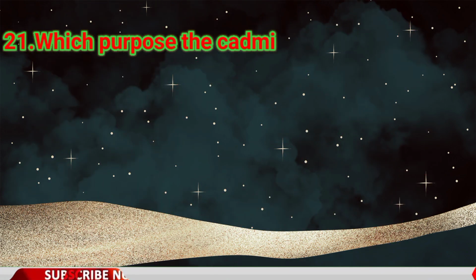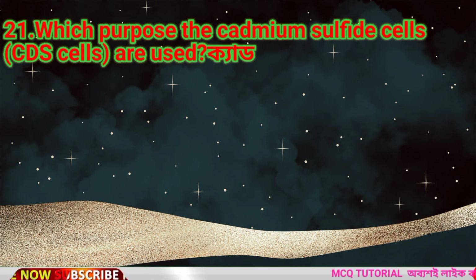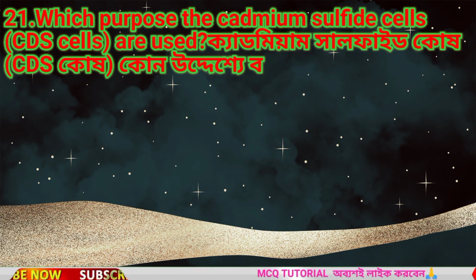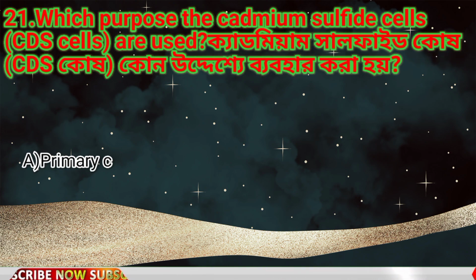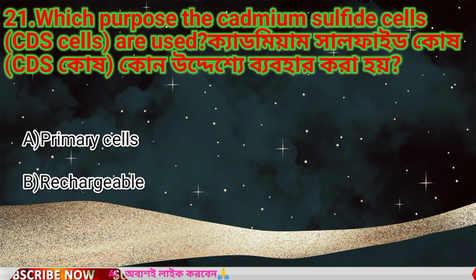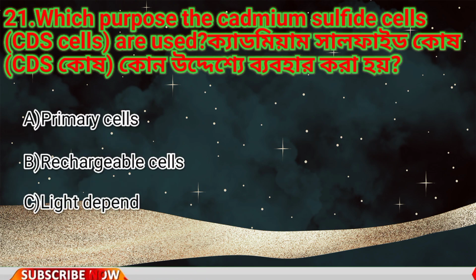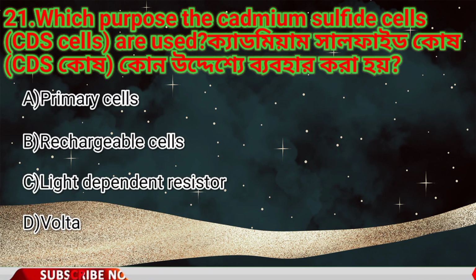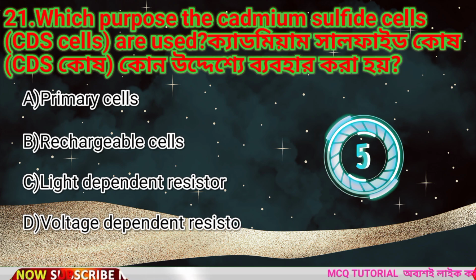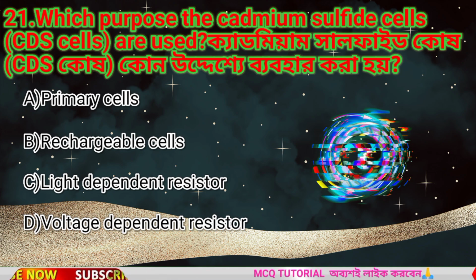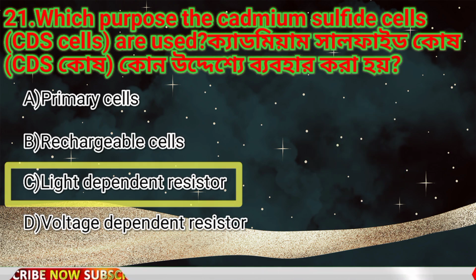Which purpose the cadmium sulfide cell are used? Option A primary cell. Option B rechargeable cell. Option C light dependent resistor. Option D voltage dependent resistor. উত্তর হবে অপশন সি লাইট ডিপেন্ডেন্ট রেজিস্টার।